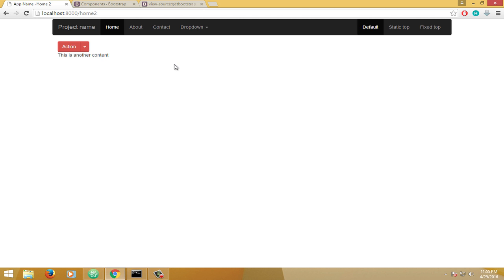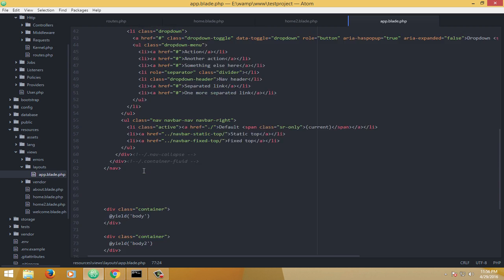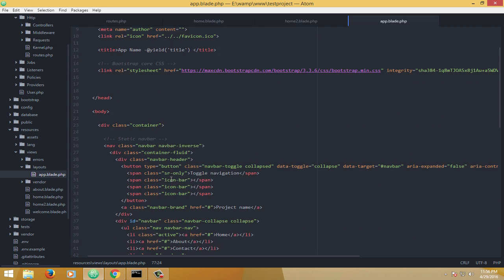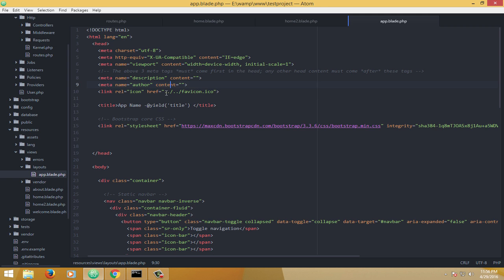So this is the basic idea of using the master pages, extending the master pages, and using these sections. If you find it difficult, definitely it's not difficult, and yet if you find there is some difficulty in understanding this concept,